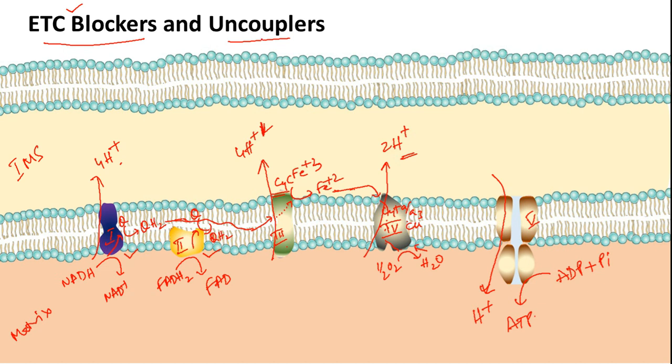In the case of an uncoupler, they will not do anything to complex 1, 2, 3, 4 or 5. The objective of this entire process is, first, to let electrons flow through the chain. The second is that ATP synthesis can happen only when the proton gradient, or proton motive force, is maintained. So chemicals which affect the pH gradient matter, because the membrane here is completely insulated.